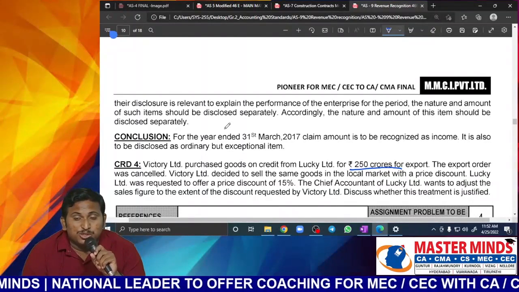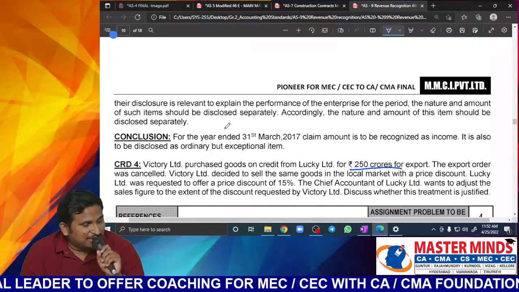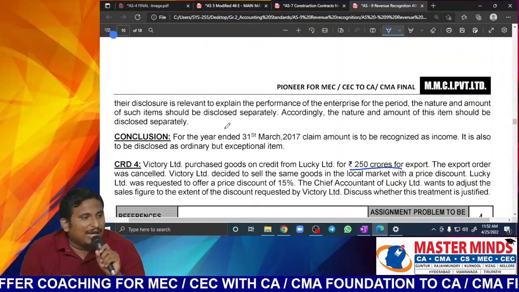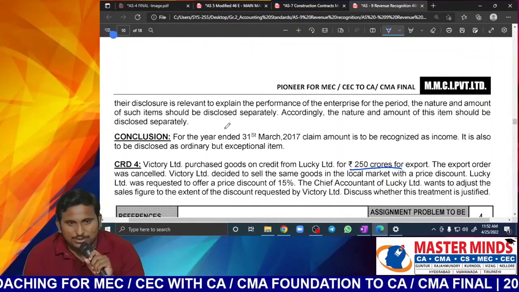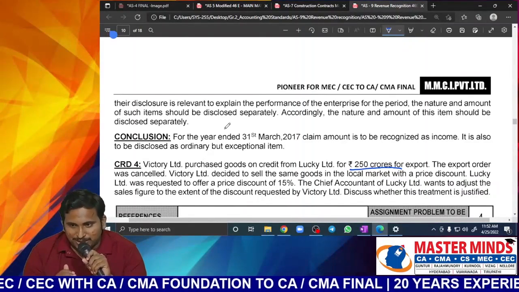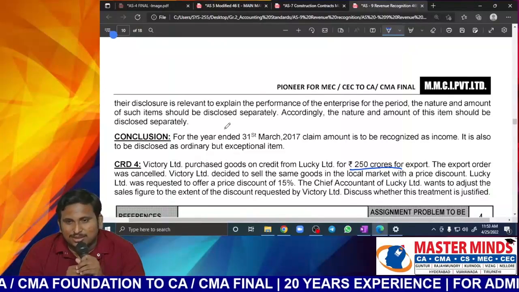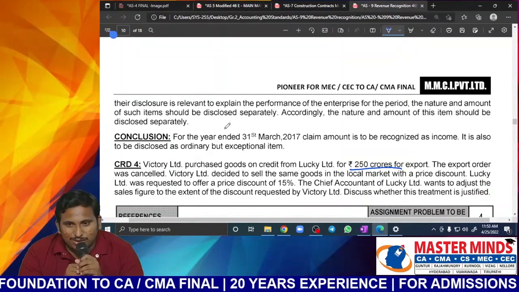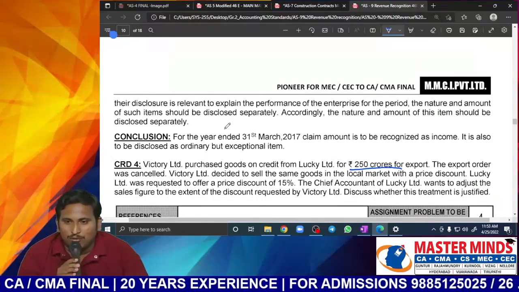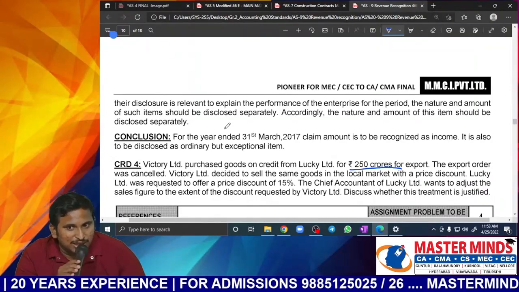Usually exports will have higher prices. Locally we cannot sell at those higher prices. Now, Victory Limited, because the export order was cancelled, thought to sell the goods in the local market with some discount. If you are selling in the local market, usually you have to sell at lower prices. As a result, your profits also will come down. You have requested your supplier: I thought to export it, but today I cannot export it. Could you please reduce the price so that at least it could be a help to me? Like that, we have requested the supplier to please reduce the payment.